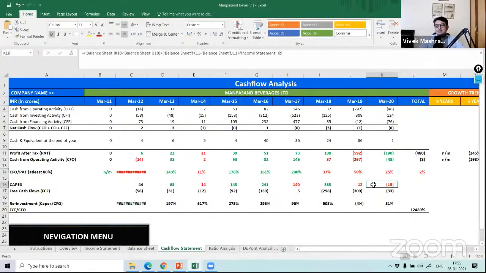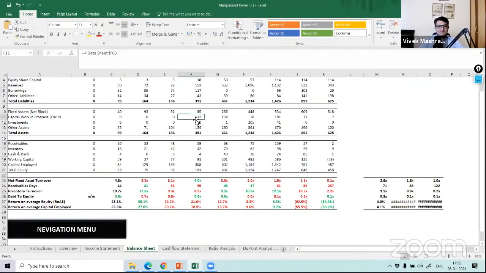And then you see suddenly they have done the capex. Why have they done so much capex? Whether their fixed assets were running properly? No, the turnover was decreasing. Then why did they do capex? Ask why. Okay, so that is how you will start getting the clues of the puzzles.